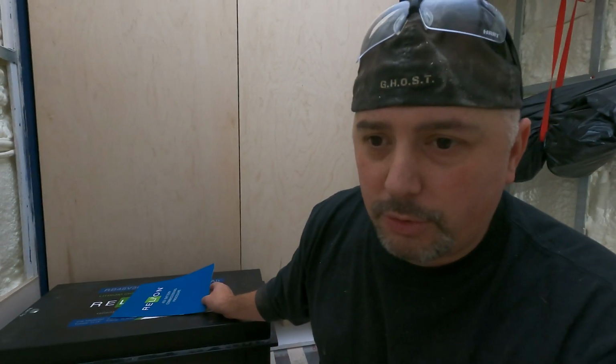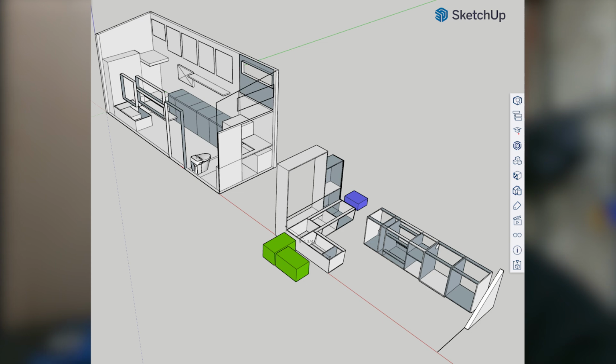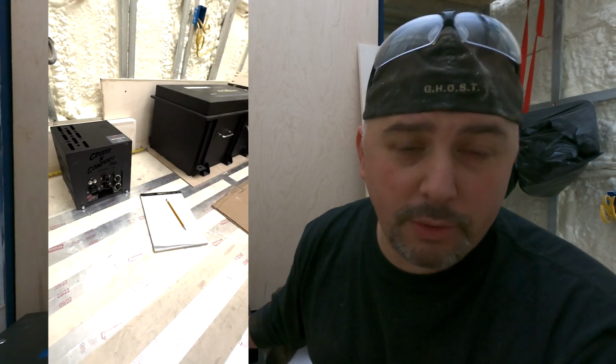Again, this is part of the plan that I had when I was looking around through different batteries and how I could make it all work, how I could get the biggest amount of kilowatt hour for the space that I have. I only have a 24-foot trailer that's my tiny house. I'm trying to fit a whole lot into a very small space. I have 2 of these batteries, which makes it 30 kilowatt hours. I'm not hooking up to the grid when I put this house in Maine. So I need to make sure that I have enough power that I could last through my winter. Will I need a generator? That will be determined on my first winter up there,